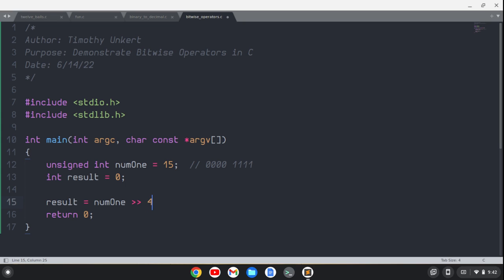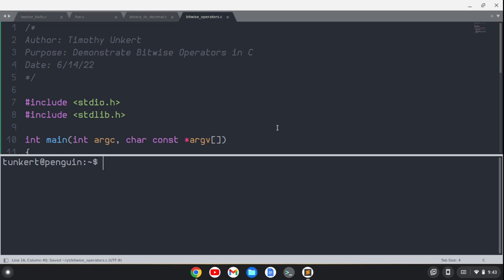4 units to the right. So what's going to happen is this is actually going to be the binary. These 4 are going to get popped off as they shift right. So it's just going to be 0, 0, 0, 0, 0, 0, 0, 0. So when I print the result out, it's going to give me an actual decimal number of 0. So let's show you that. So we'll say %d is the result, and then I'll pass in the result here,